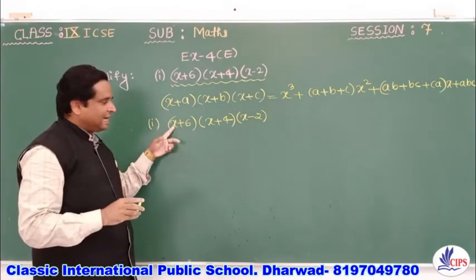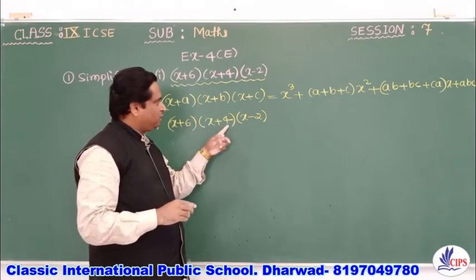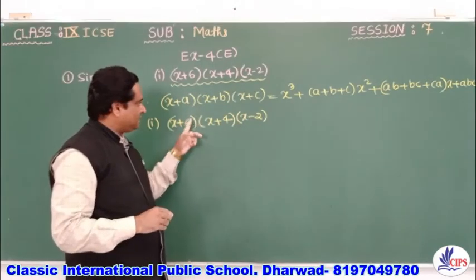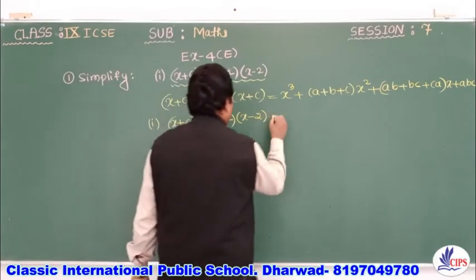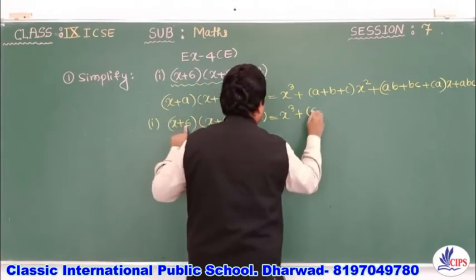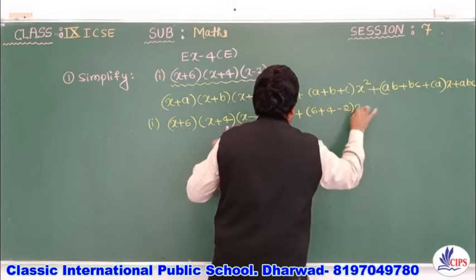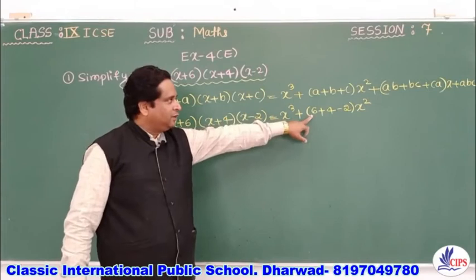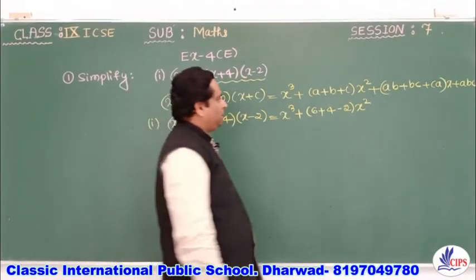In place of x it is x, in place of a it is 6, in place of b it is 4, in place of c it is minus 2. Put a as 6, b as 4 and c as minus 2. Okay, I'll write x cube as it is plus a is 6, b is 4, c is minus 2. Correct? Understood? Plus